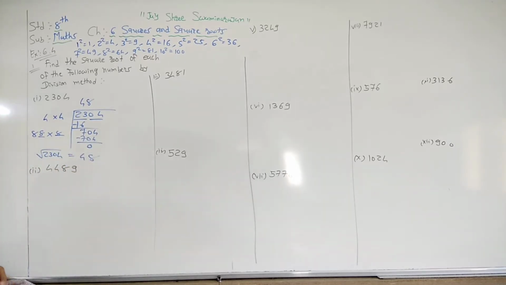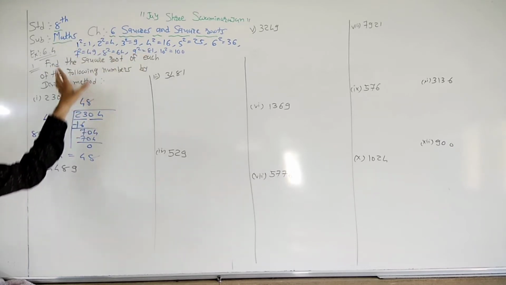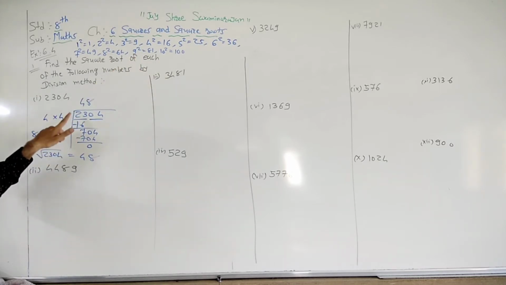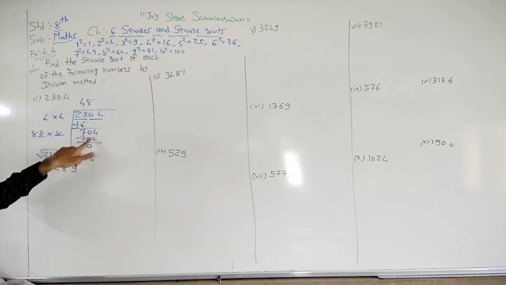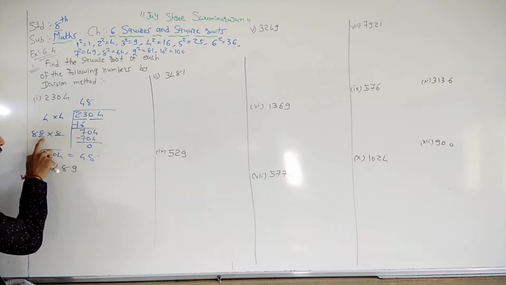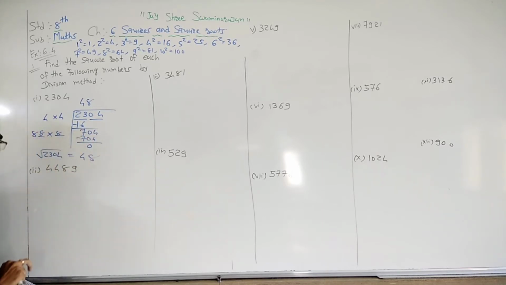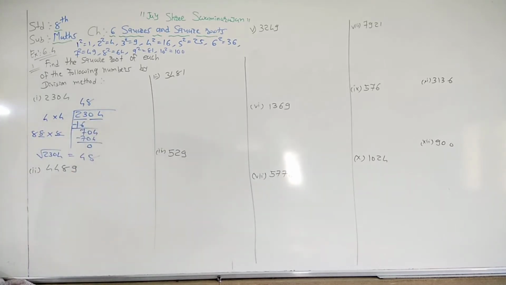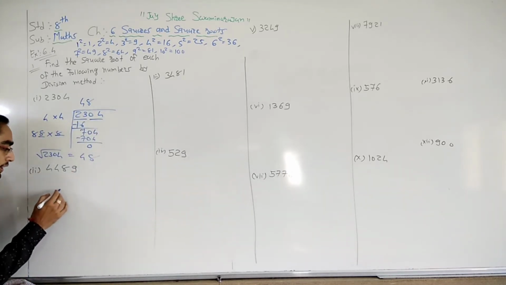Again I repeat this process. First of all, we make pairs of two digits. After that, for the first pair, check which numbers it lies between. Out of that we write the smaller number. Now the subtraction process. Two digits come down here. Now multiply this number by 2. One space blank multiplied by one space blank. We need to put the same digit such that we get the same answer. Right now it is 8, so we write that 8 here as well, and we get the remainder 0. Now the next question is 4489.